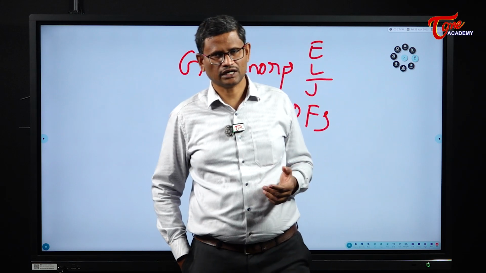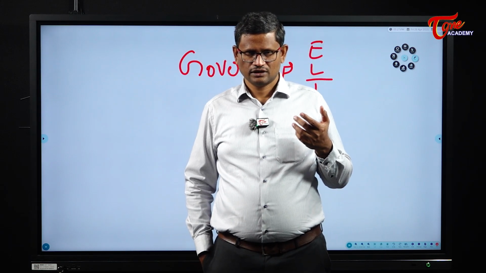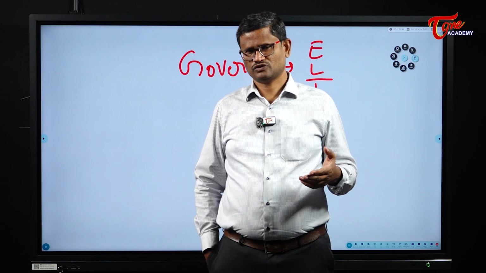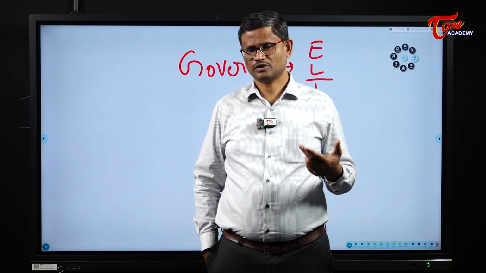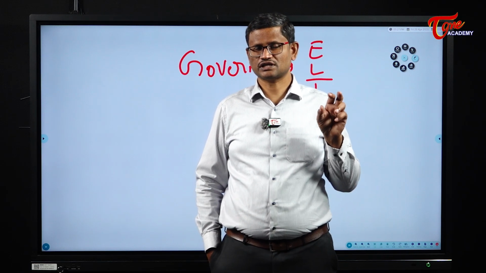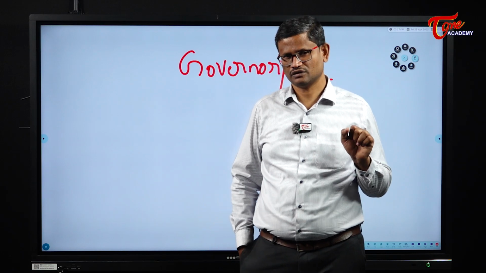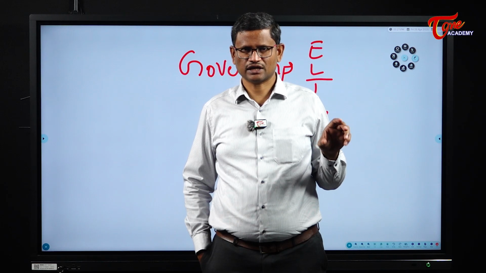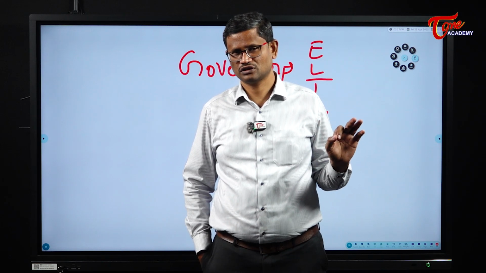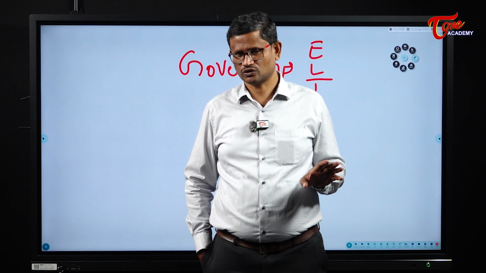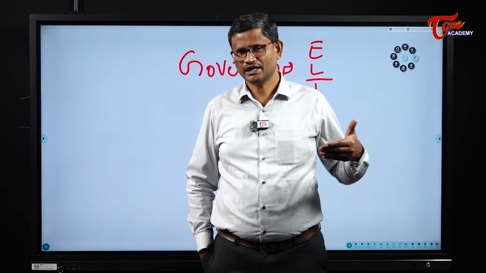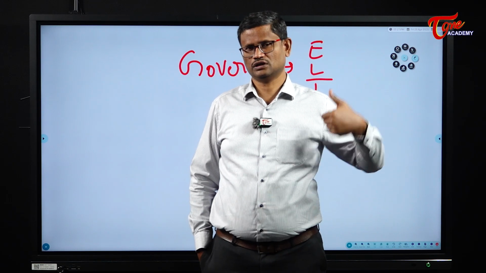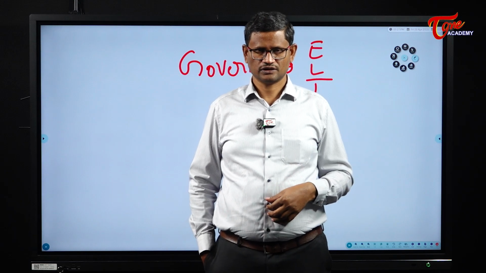Then again, as I said, the constitutional amendment which was done in 2003, the 91st amendment to the Indian Constitution, has fixed the size of the council of ministers at the state level. So the size of the council of ministers, including the chief minister, at the state level cannot exceed 15% of the total strength of the legislative assembly. And in any case, it cannot be less than 12. That's what the Constitution of India says.